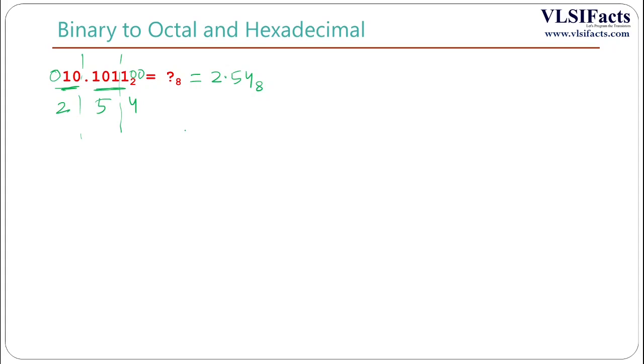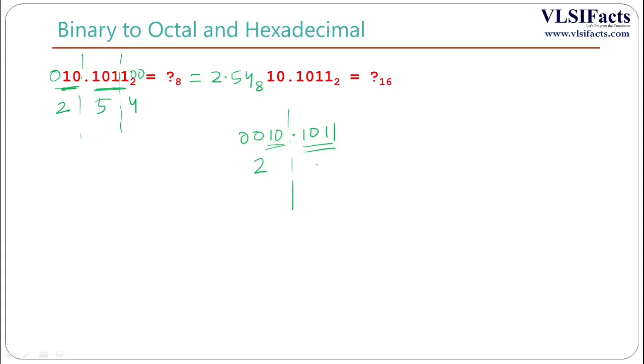2.54. Now in another example we will see how to convert a binary fraction number to its equivalent hexadecimal number. Here we will group the bits into 4 binary bits to get its equivalent hexadecimal number. So for the bits before the decimal point we have only 2 bits, so we will append 2 more zeros over here, and after the decimal point we have 4 bits. So the number before the decimal point, if we convert it to its equivalent hexadecimal number, this will be 2, and the number after the decimal point, if we convert the grouped 4-bit number into its hexadecimal number,